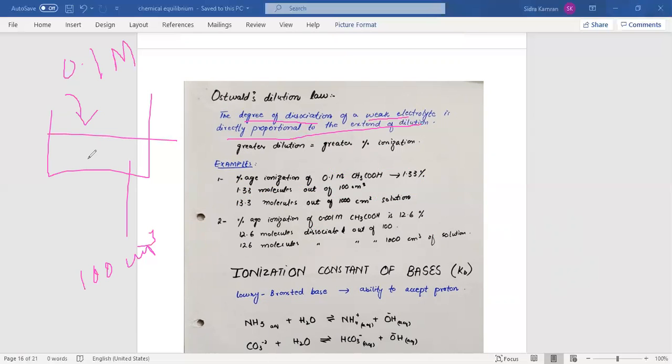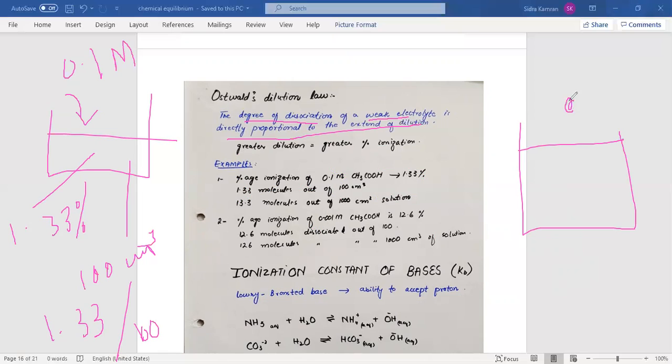The percentage of ionization is 1.33%, which means 1.33 molecules out of 100 are ionized. But if you dilute this acid, if you dilute 0.1 molar acid into 1000 centimeter cube of solution, then its ionization percentage will increase, which means now 13.3 molecules out of 1000 are